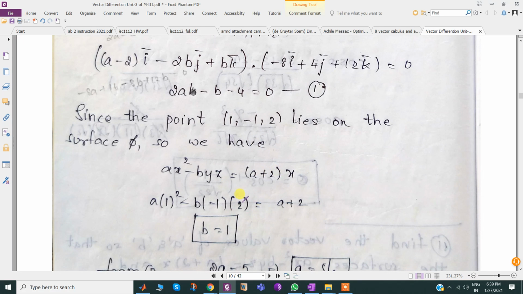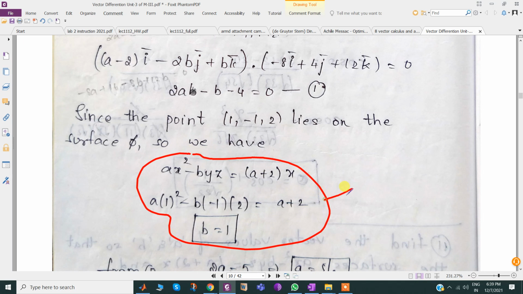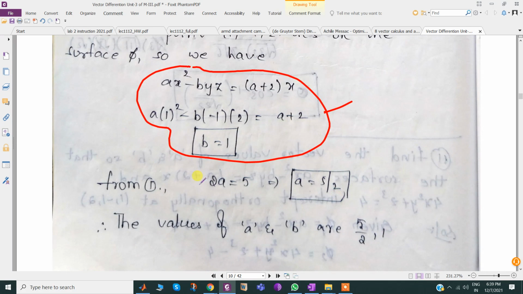So simplifying that by substituting, this is the substitution, it was done here. We have done initially only. So b equals 1. Substituting these values here, I may get 2a is equal to 5, then a equals 5 by 2. It was the question asked. The value of a is 5 by 2, the value of b is 1.